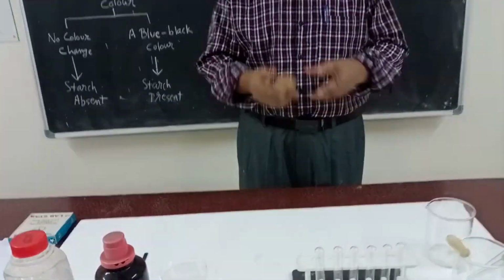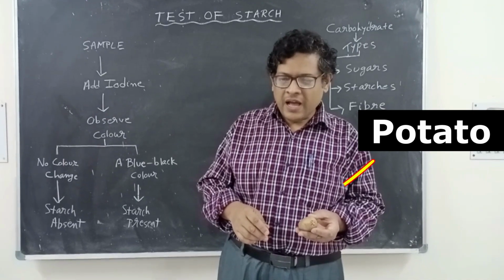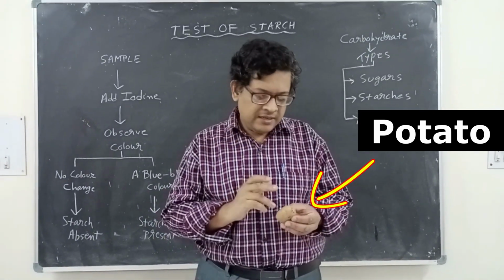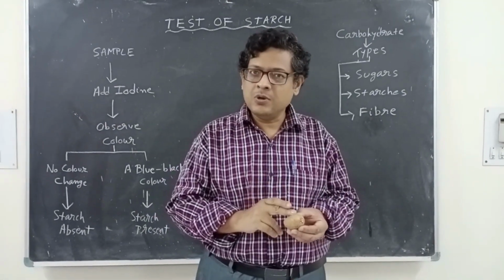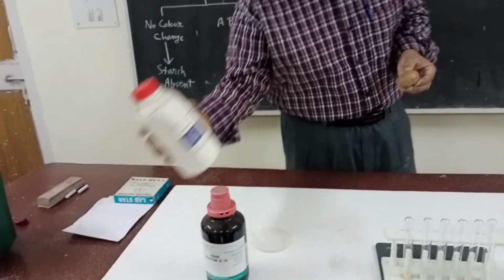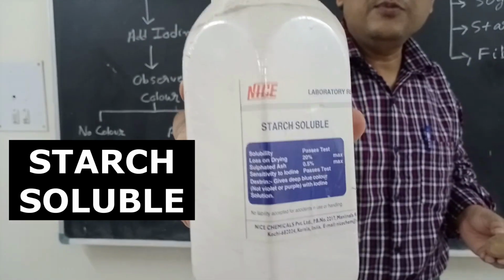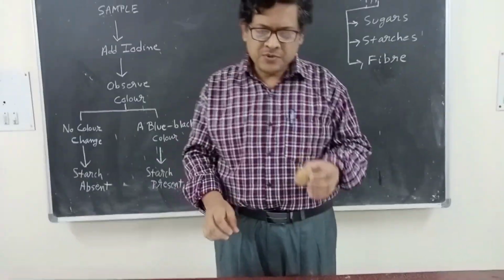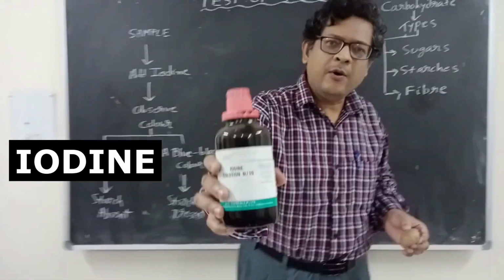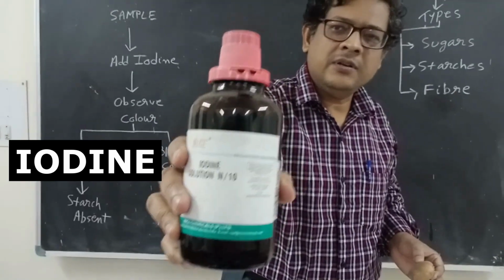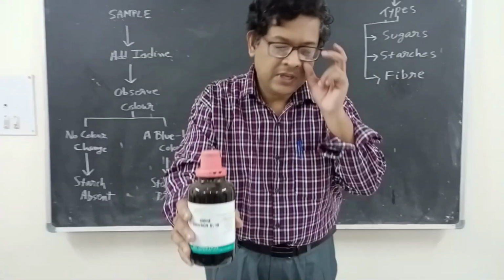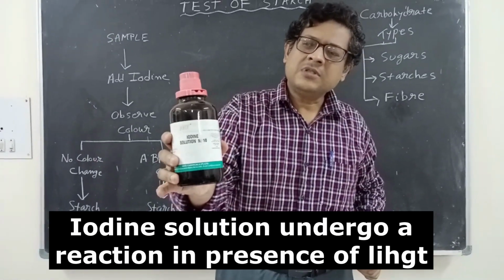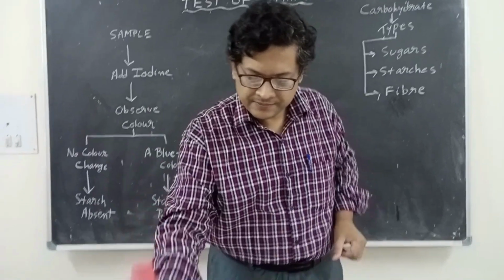So now we are taking this potato. First I will test whether starch, a kind of carbohydrate, is present in potato, yes or no. Second, I am also using soluble starch. To test the presence of starch, we use the chemical iodine. This is the iodine. You can see we keep iodine in the laboratory in a dark black vessel, because iodine is very sensitive to light.